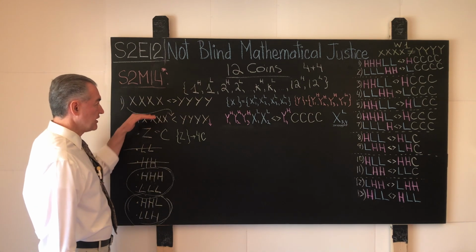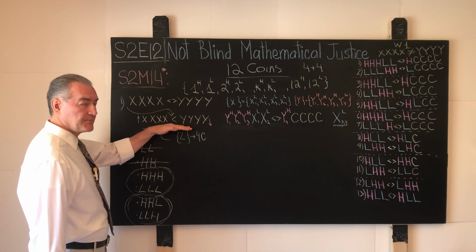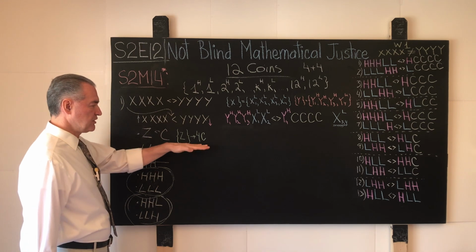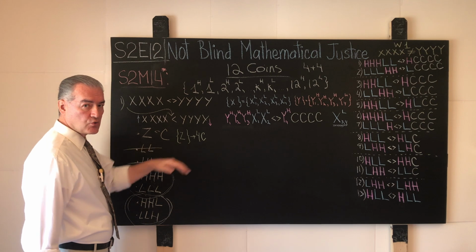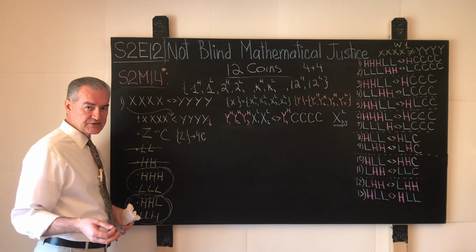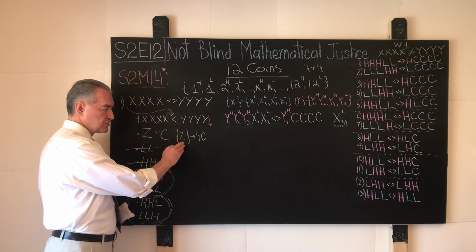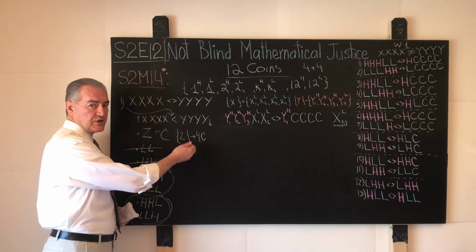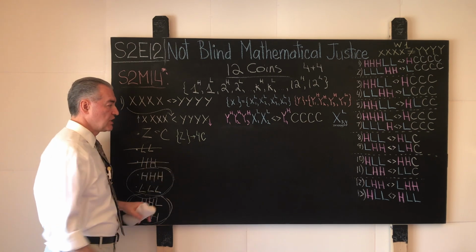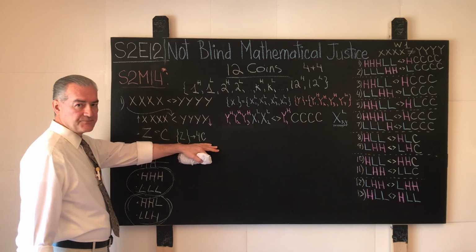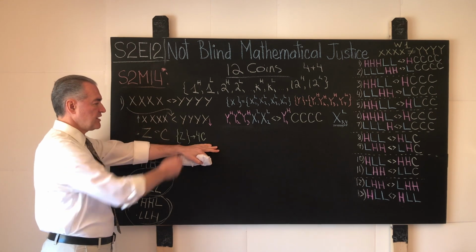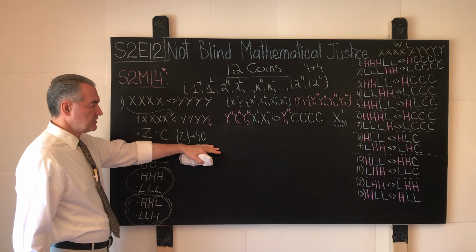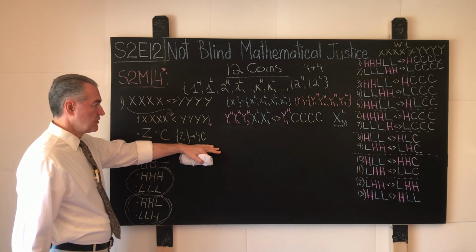Now, if the pans, as the result of the first weighing, did not balance and the Y coins went down and the X coins went up, what does it mean first? First, it means that all the coins that were on the table are no longer the suspects, and that means that all the Z coins are eliminated from the suspect pool. They're promoted into the genuine coins, and we refer to genuine coins as control coins. We designate them with the uppercase letter C, and that means that in this case, the Z coins become the 4 control coins, and as we shall see very soon, we will need all of them.